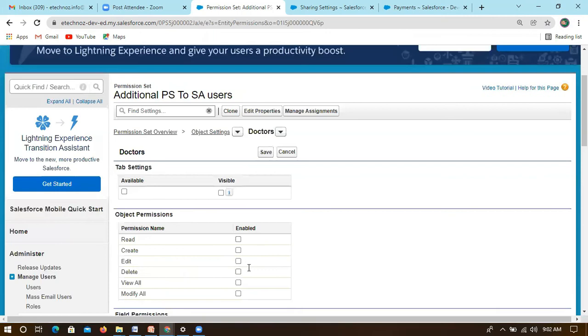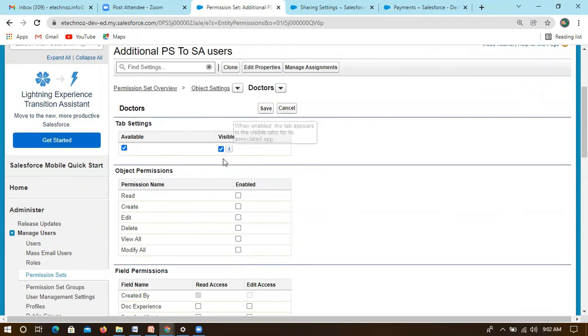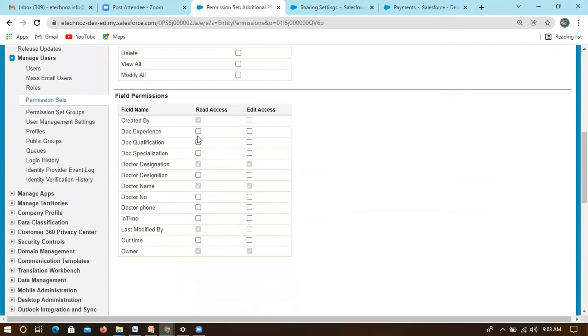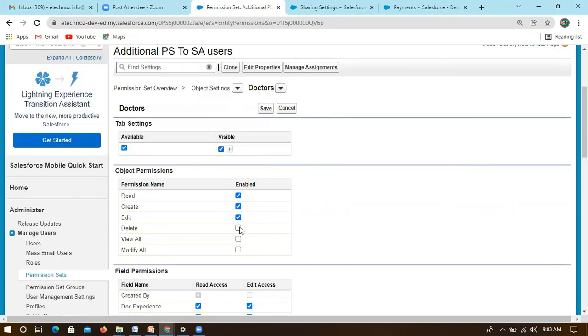One second, the network is very low. Provide tab level access as available and visible, and then give all of this: create, read, edit. Don't give the delete option, only view. And let me give edit as well, so that you can create some set of data as well. Save this. So this is for doctor.